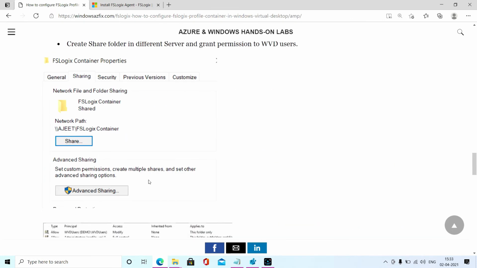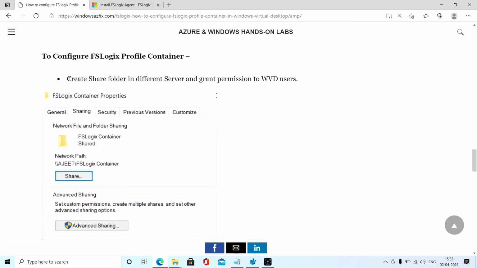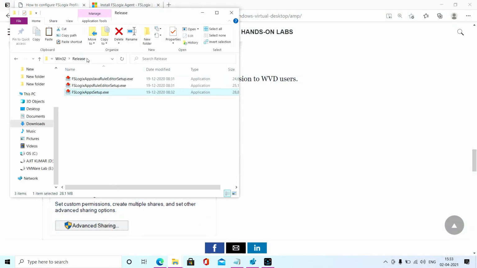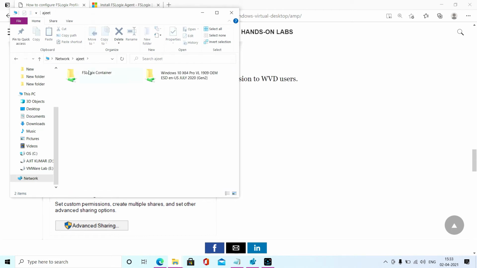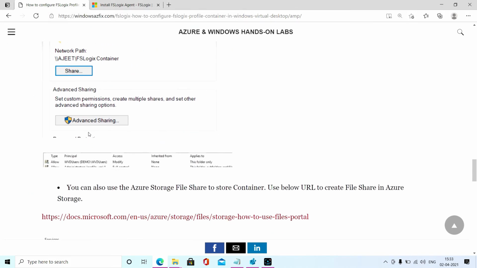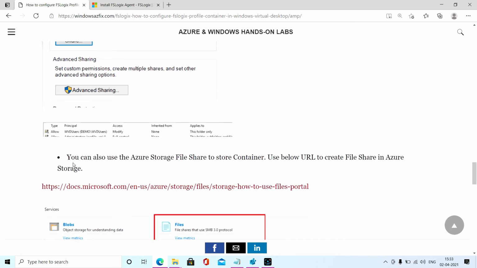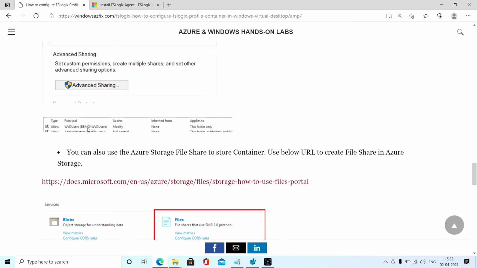As you can see here, I have created a share on another server. After that I have granted permission to all the users who will log into that pool.